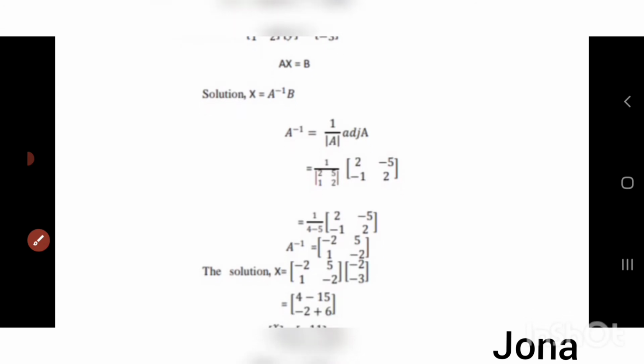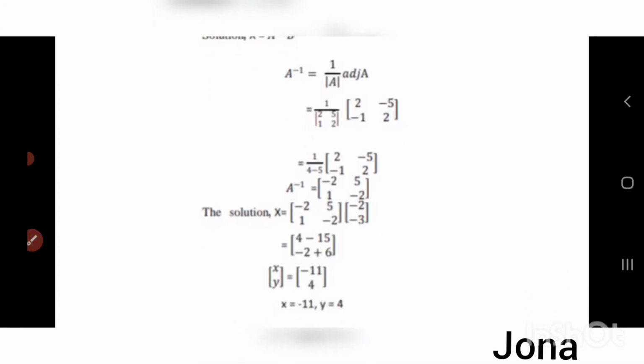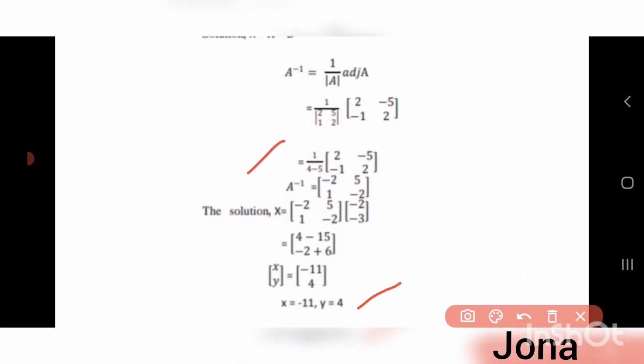So we have 4 minus 5, cross multiplication, that is minus 1. Therefore A inverse equal to